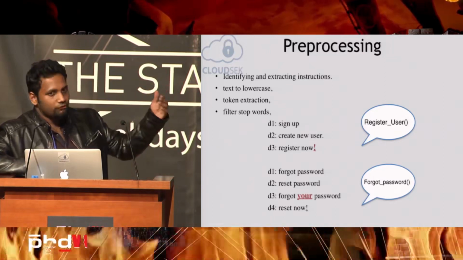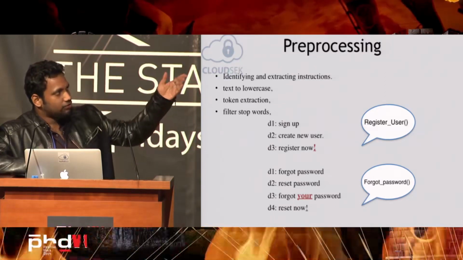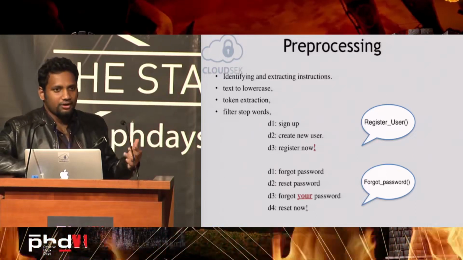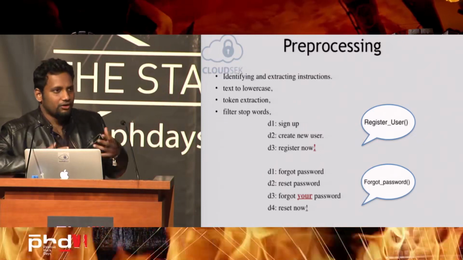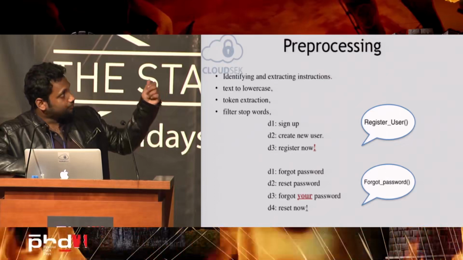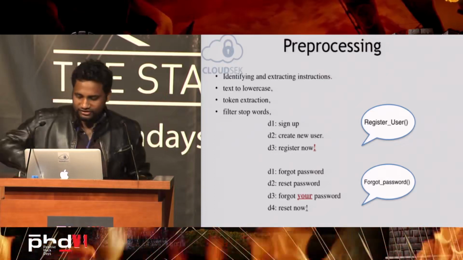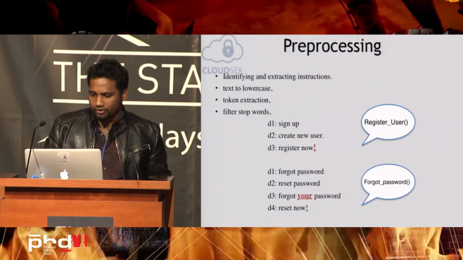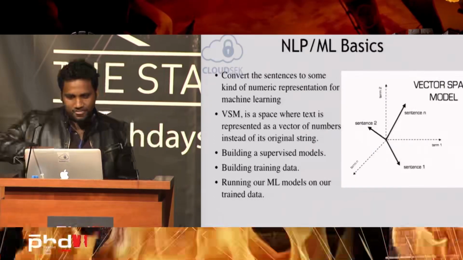You have to remove the stop words. So what we did is, the stop words, like your, semicolon, etc., are not important in the conversation or in the context. So we started removing them, and then there is a process called token extraction, which is when you do the filter word and stop word removal, you will be able to do the token extraction.